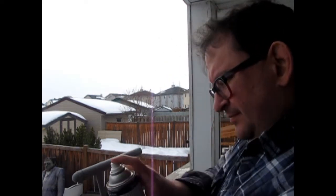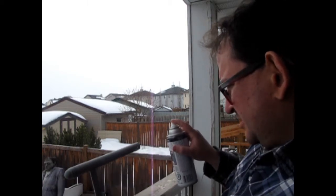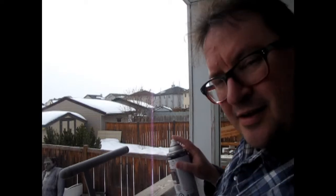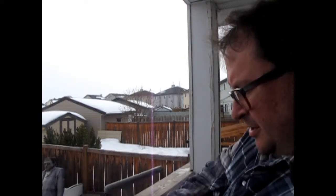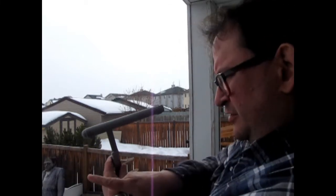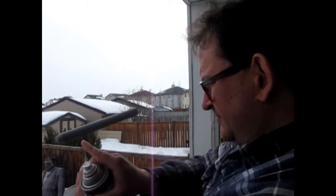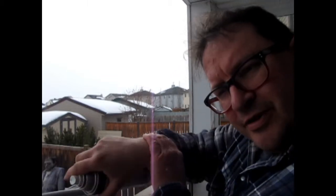Okay, I think this warp engine is ready for the gloss coat. Now if you've watched my primer paint video before this one, the technique of spraying is the exact same. You're going to start off here, and then go across and end here somewhere, and then come back, this sort of thing. You don't want to arc your hand, because remember it goes like thin, thin, thick, thick, thick, thick, thin, thin, thin, right? You want it to go on a nice even coat. So you're going to swivel right with your wrist,